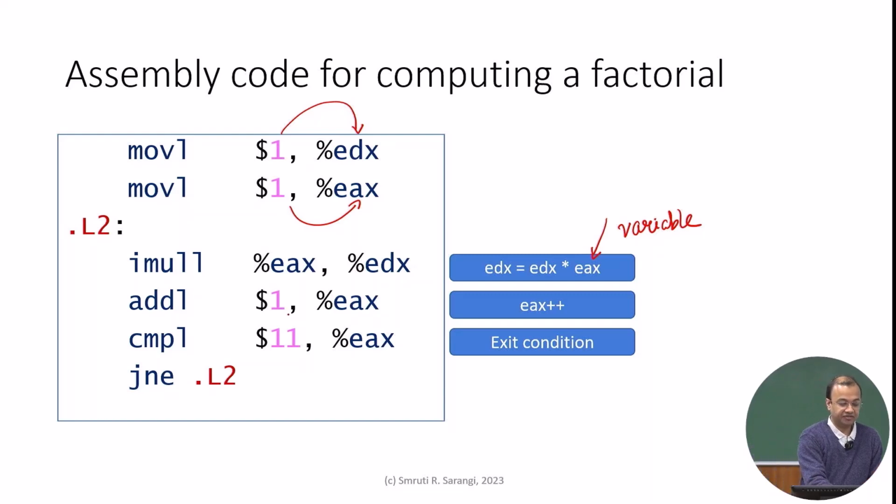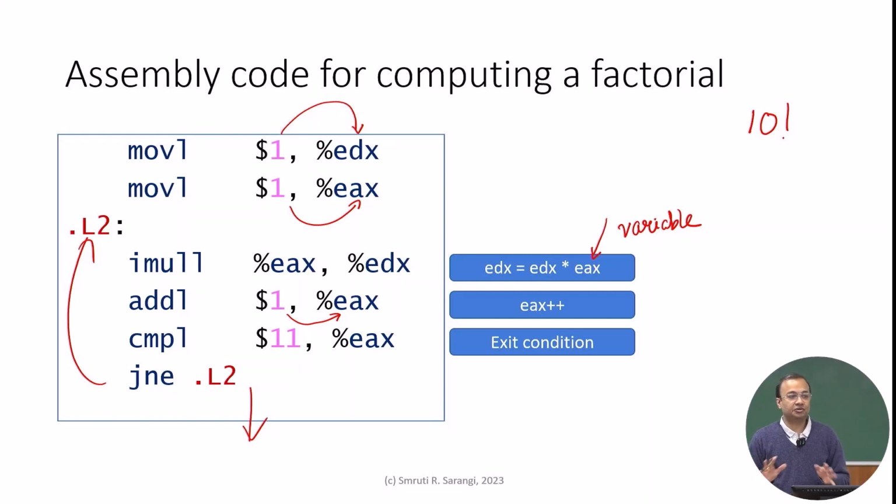So then what do we do? Then we increment EAX. This is as simple. So as I said, the source and the destination are the same. So in this case, it should be EAX is equal to EAX plus 1, it gets incremented. Then we compare EAX with 11 because we are computing 10 factorial. If the comparison is not equal, then of course you loop back, otherwise you come down. As simple as that. So the only tricky thing is, kindly bear in mind that the destination is